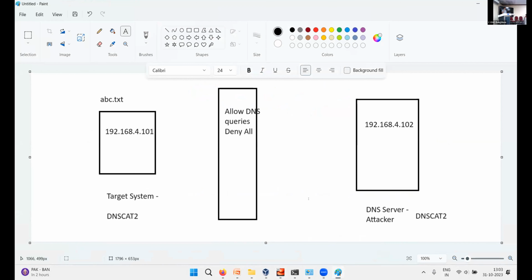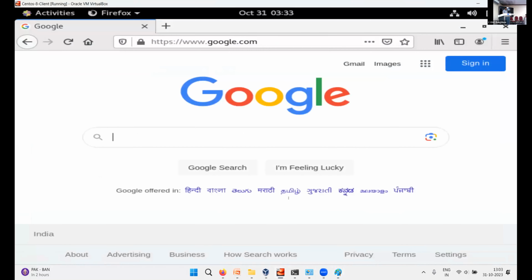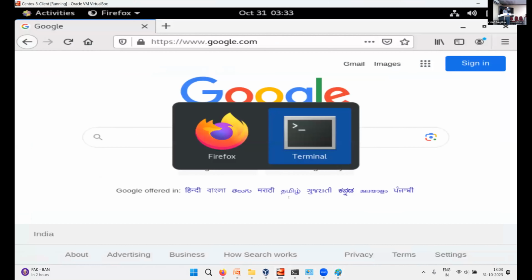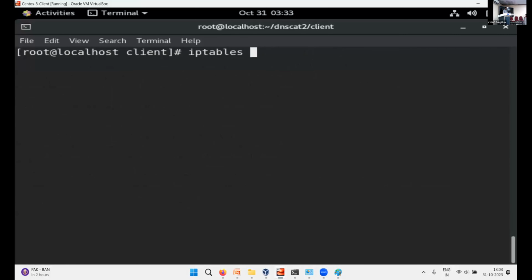On the firewall, you have done some configuration saying allow only DNS. I have dropped everything; now I'll allow only DNS. So DNS outgoing and incoming queries I allow. Let us do that on the client. Again, if I go back to the client here, I'll say iptables append input -p udp, because DNS uses UDP, right? Minus, I'll say output.